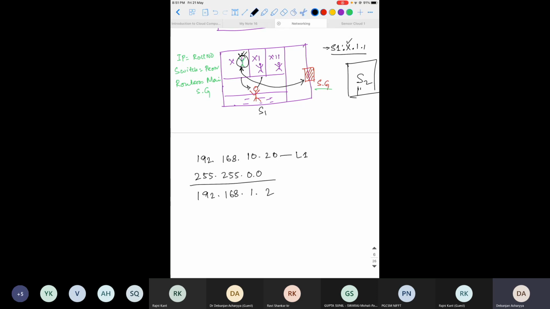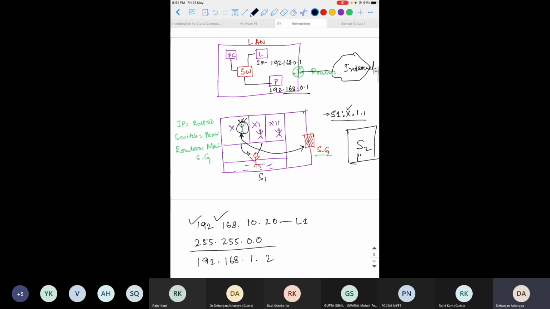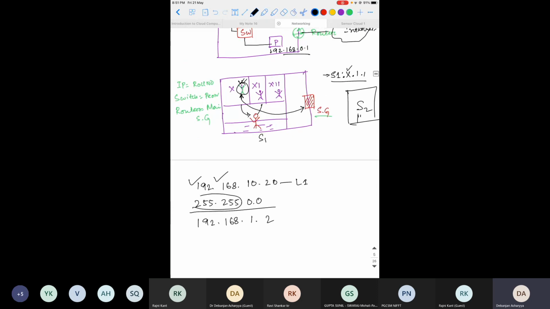You can see that this 192.168 defines this local area network. The other two parts may be different for different devices: 10, 20, 1, 2. Maybe this is for laptop 1, this is for the printer. So these are different for different devices. Fine. So you can understand what a subnet is.